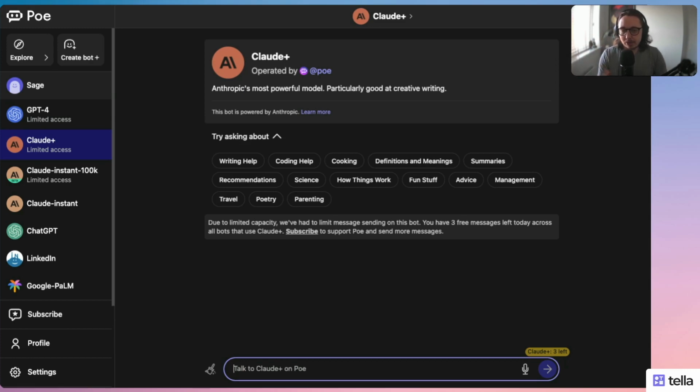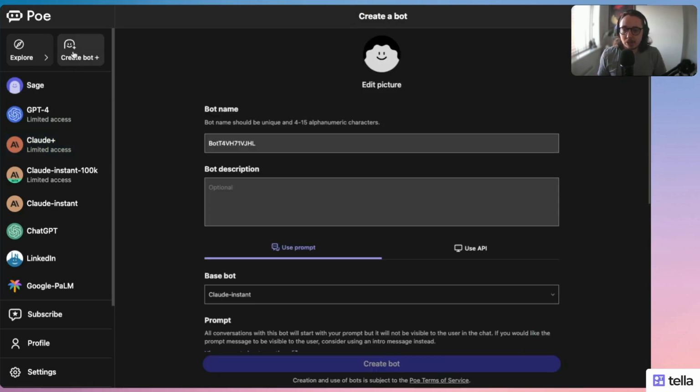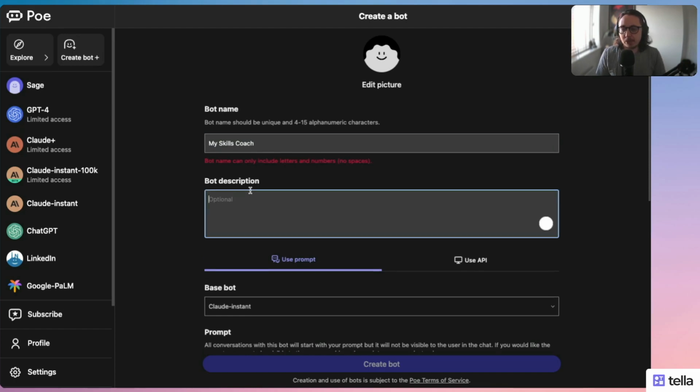Before you can do all of this, you have to sign up and you can get a free account. There is a paid version, which costs about £20 a month, I think, but you don't need that to access the features which I'm going to show you today. So what we're going to do is create a bot. You can see here, we got onto this screen after hitting create bot, and we're able to do a number of things. I'm going to call this my skills coach, and we're going to build this bot to basically help us develop some skills.